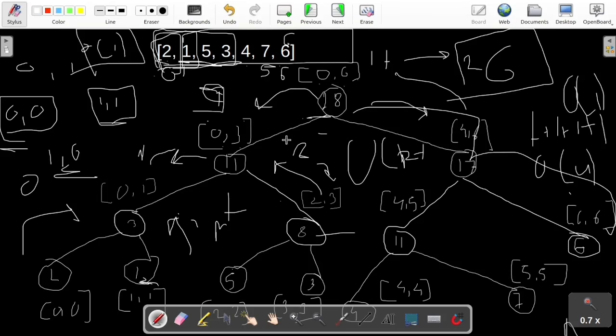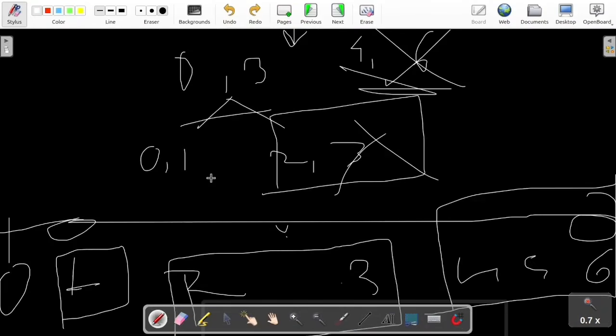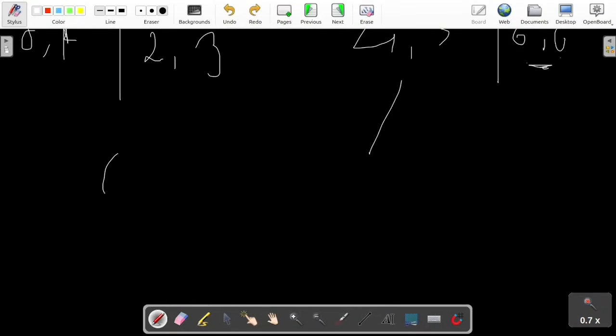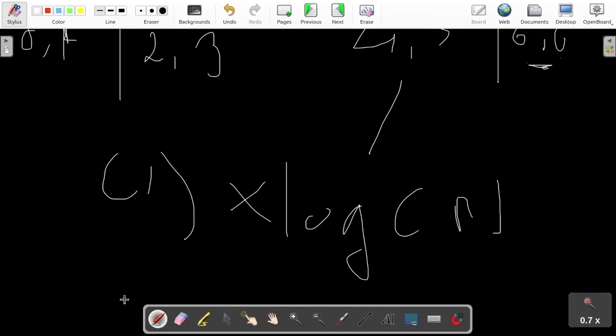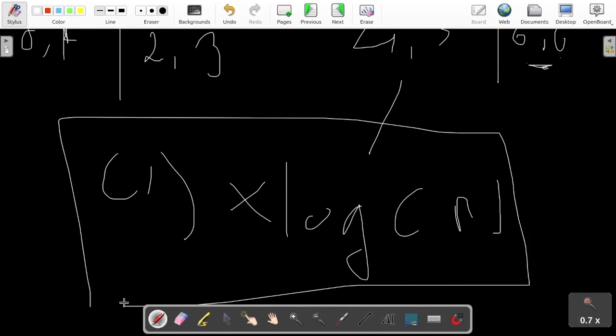And tell me one thing, in each query what are you doing? You are just adding your ranges. You are just performing addition, and it's a constant time operation. So on each node you perform addition, and you will travel log n nodes, to be precise 2 times log n, because 1, 2, 3, and again you will go backward. But since we ignore constants, and on each node you are doing constant time work, your time complexity comes out to be n times log n. Okay,